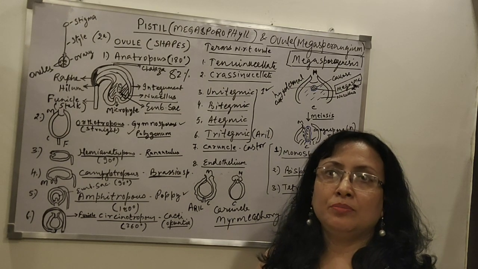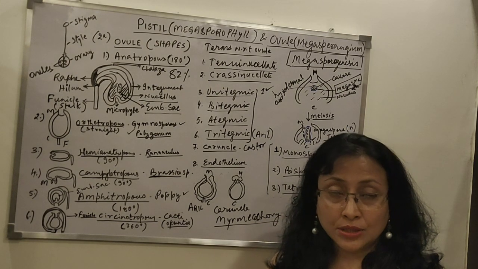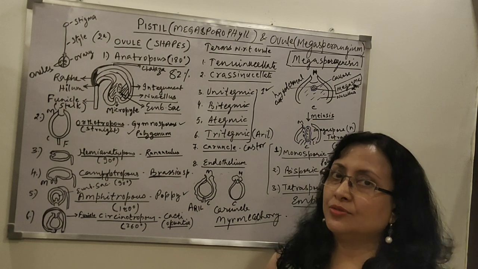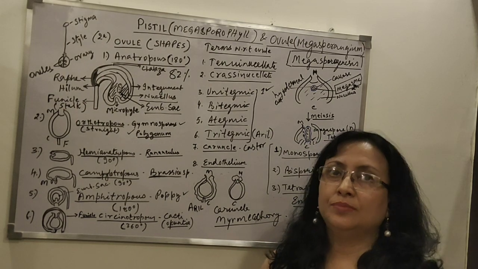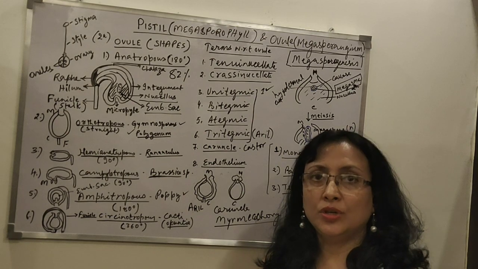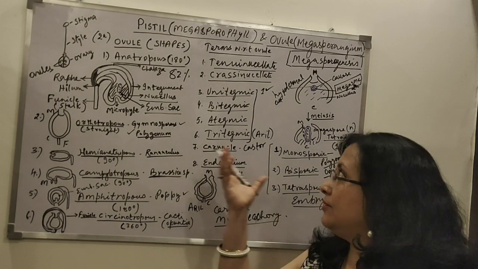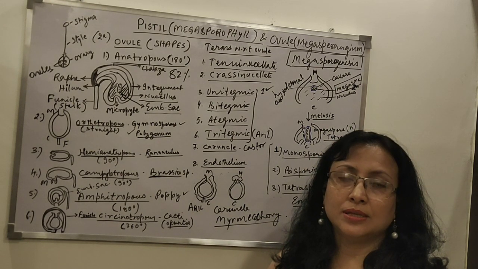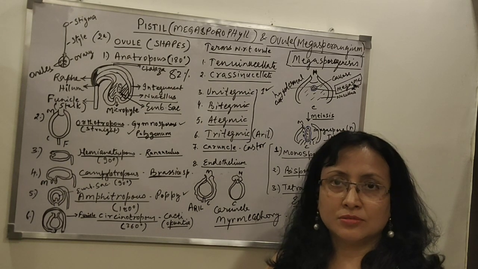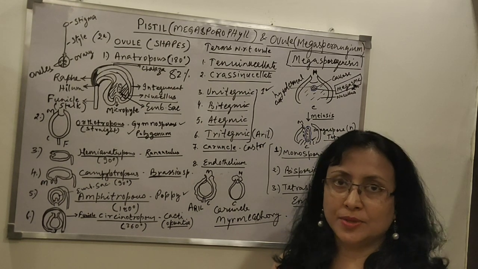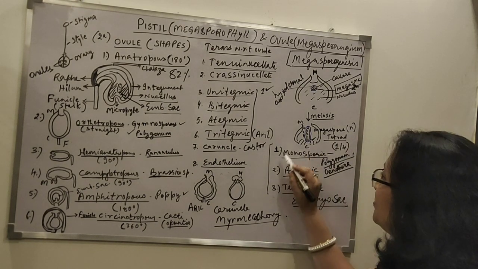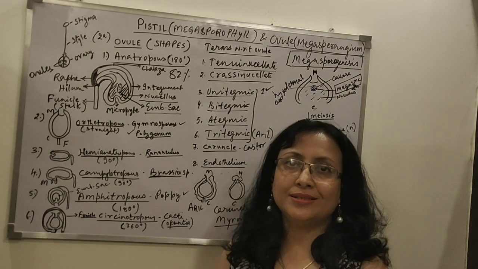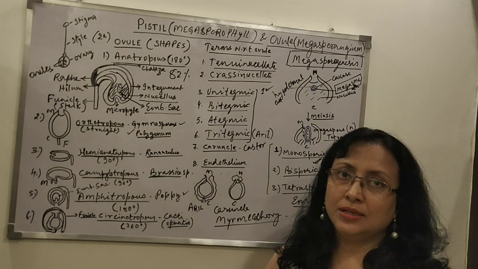Whereas in gymnosperms, if you do a comparison, we discussed a female gametophyte. It was not an embryo sac. Moreover, in gymnosperms, the female gametophytes had archegonia, the female sex organ, which has completely vanished in the embryo sac in angiosperms. So you don't find any archegonia or female sex organ in the angiosperm. And this is an advancement, as you know. So out of these types of embryo sac, you are supposed to study the polygonum 7-celled 8-nucleate embryo sac, and this we will cover in the next class.